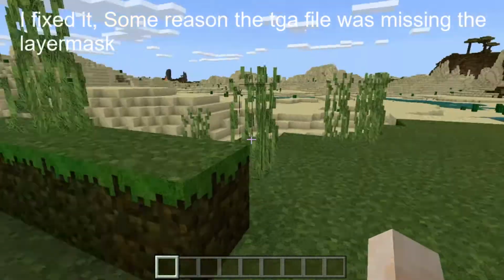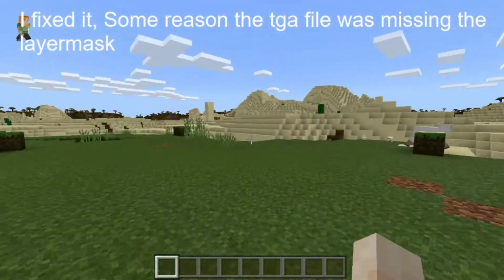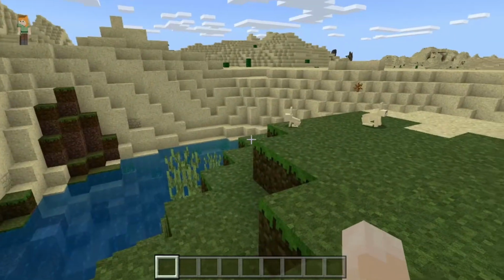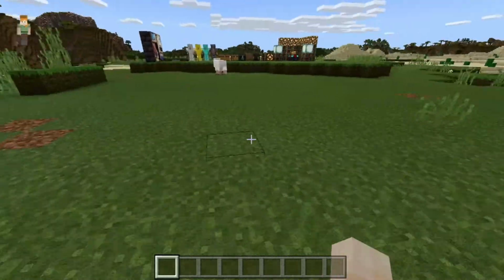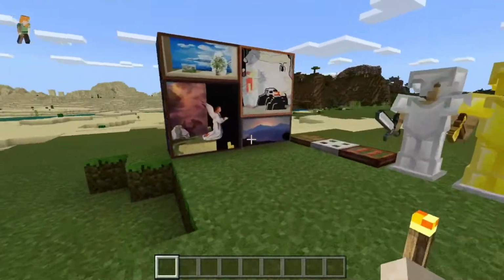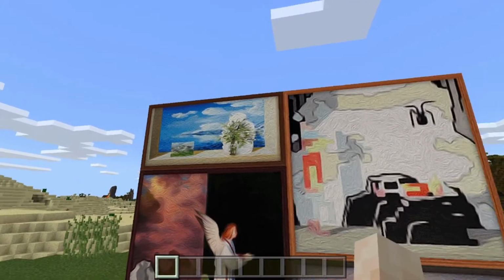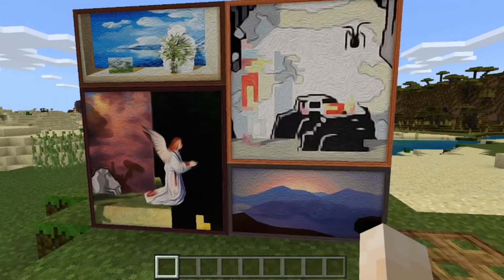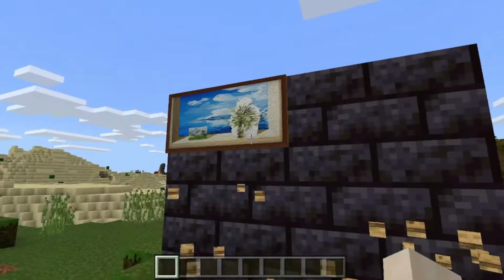But if you don't know what Realistico is, I have some stuff placed down for you just to show you, but it's pretty much just Minecraft, the normal texture pack, but very HD and more realism looking. So I've changed the paintings. They're from another texture pack just because these ones are more HD and not default, so they won't look as